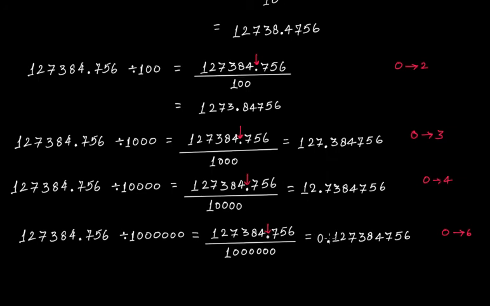Since we have no digit before 1, it's better to always place a 0 here. So 0.127384756. Okay, now what if